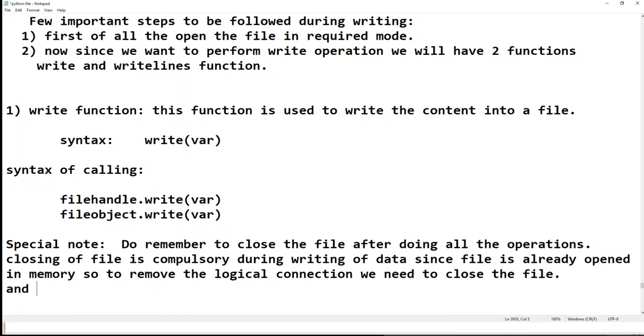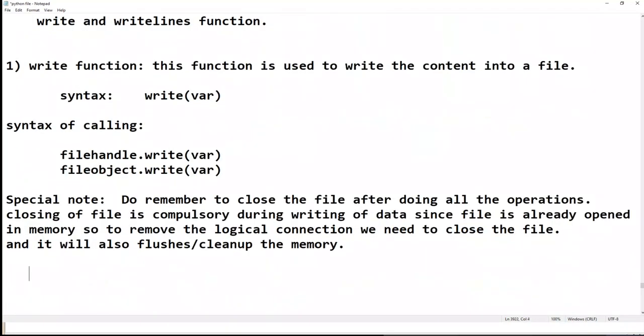And it will also flush the memory, because whatever contents are there are first written in memory and then stored in external drives. Flush का मतलब clean up करना, clean up the memory. Always remember you have to close the file, and for this we need to use the close function.